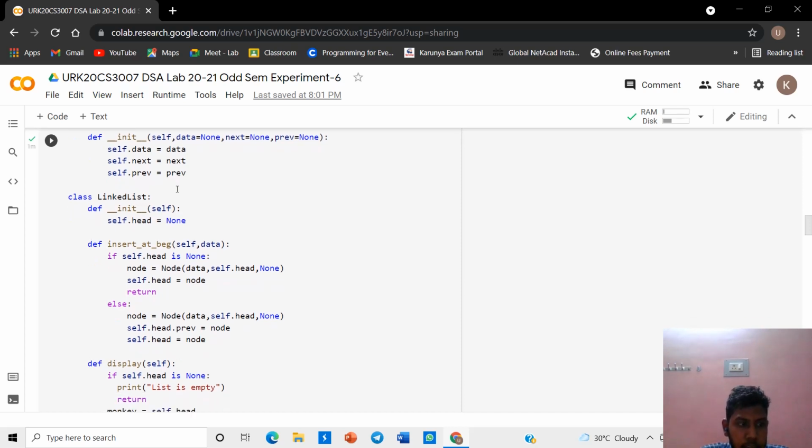Then initialize the variable data with the data given by the user, initialize the variable next with next, and initialize previous equal to previous. Then create a class LinkedList and initialize the variable head as None.